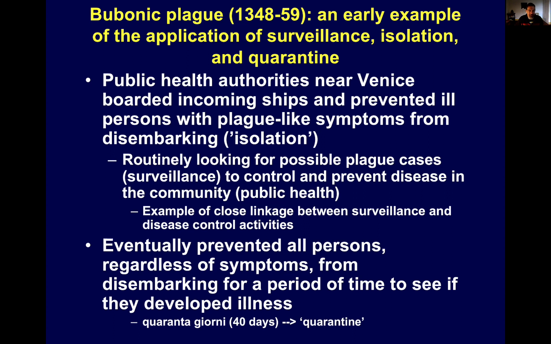They did this by routinely looking for possible plague cases, or surveillance, and they did it for the purposes of controlling and preventing disease in the community, which is a public health intervention. Eventually, authorities prevented all persons, regardless of whether they had symptoms, from disembarking from these ships coming into port in Venice and waited to see if they developed illness. And they did this for a period of 40 giorni, or 40 days in Italian, and that is the genesis